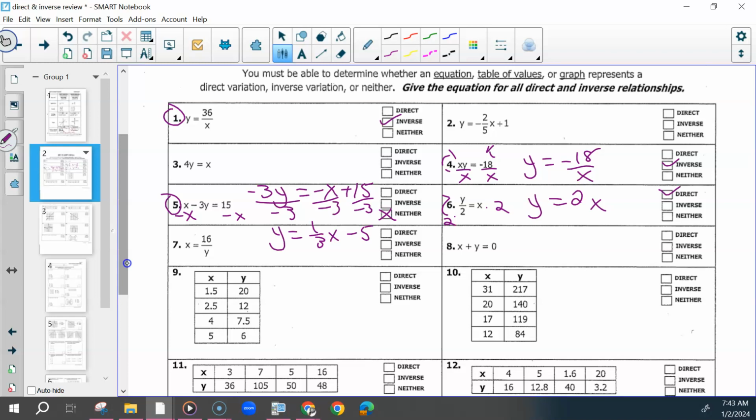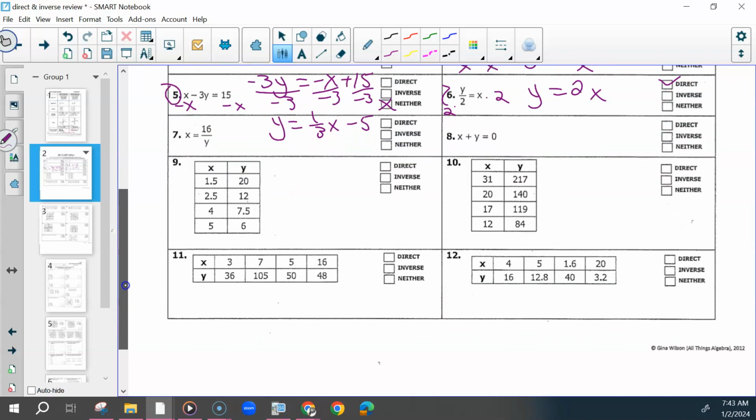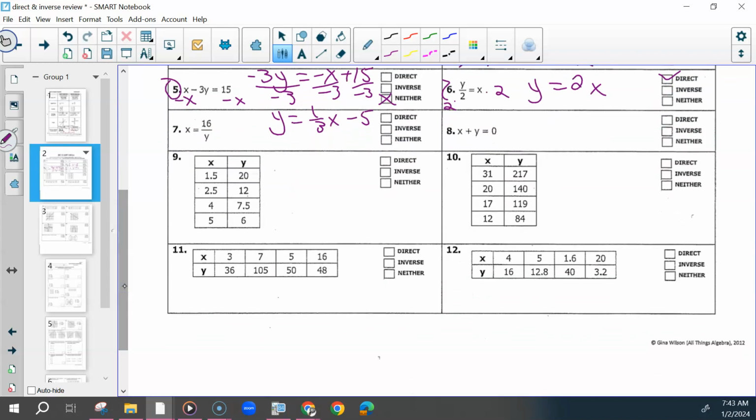Questions on that one or other questions on the page? So we do number 9. So at first, this is kind of a guessing game. Do you think it's going to be direct or inverse? Inverse. Okay, so if we think it's inverse, if we were to multiply, so I'm going to rewrite k equals